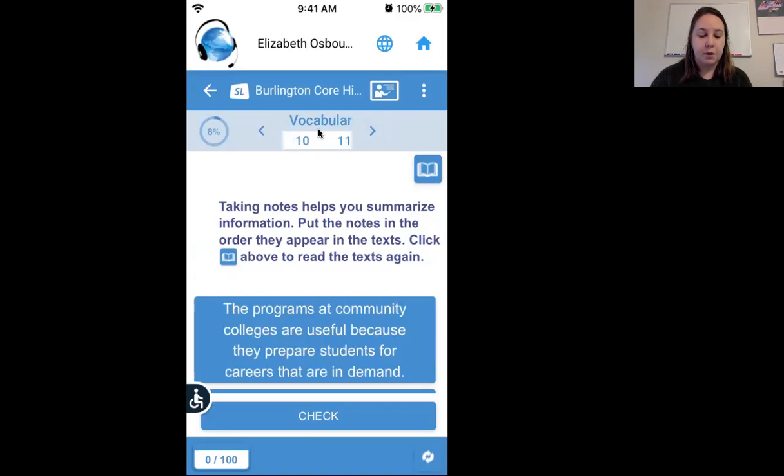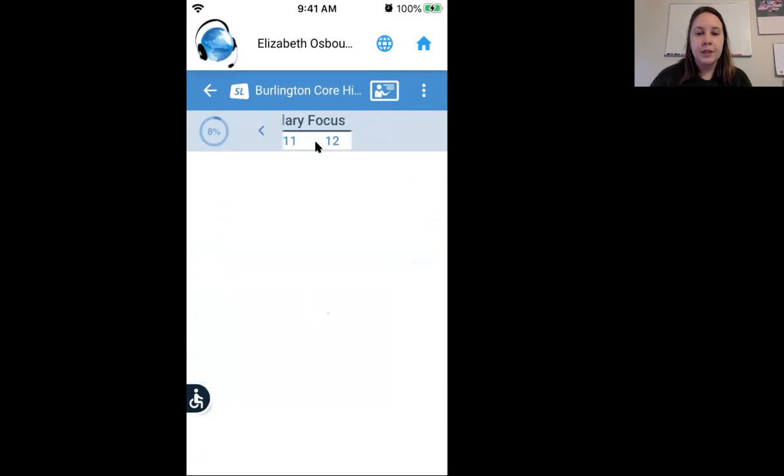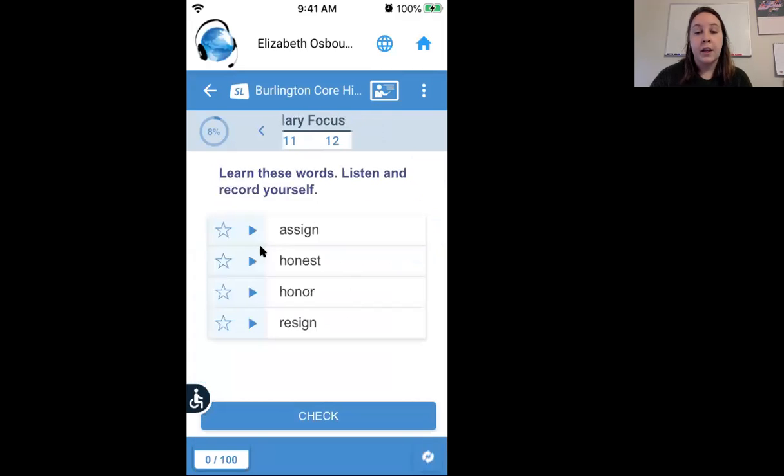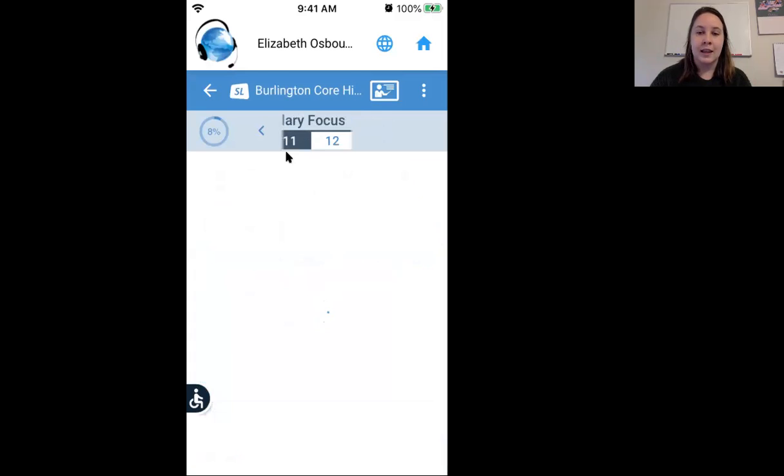Then we have a little bit of vocabulary. So the last 3 activities are specifically a vocabulary focus, and you're going to see that they are going to look very similar to what you did at the beginning. So you're going to listen, assign, and record. Then for number 11,